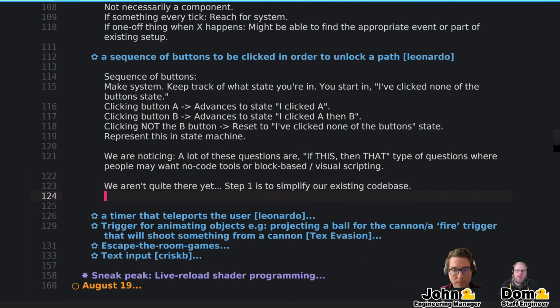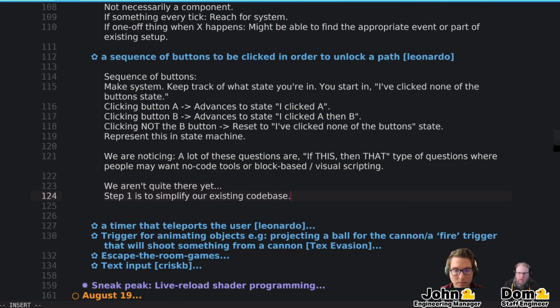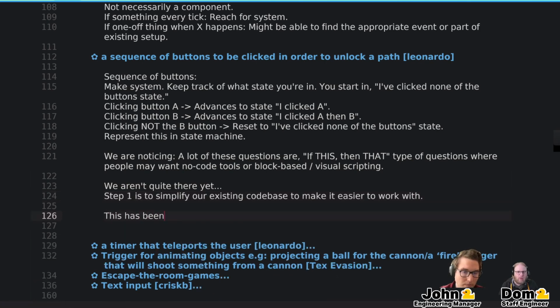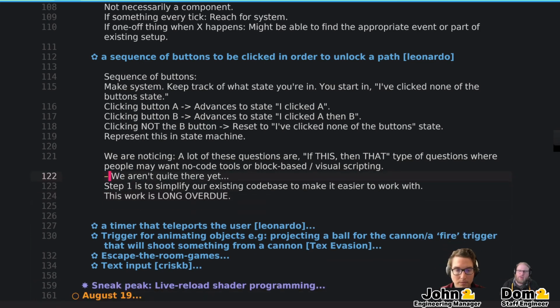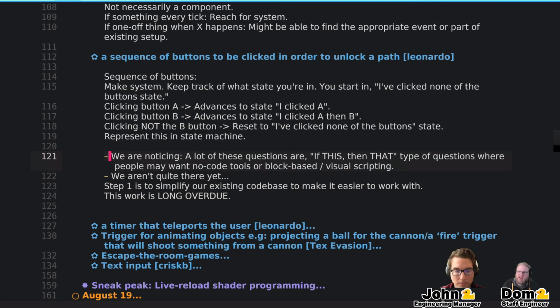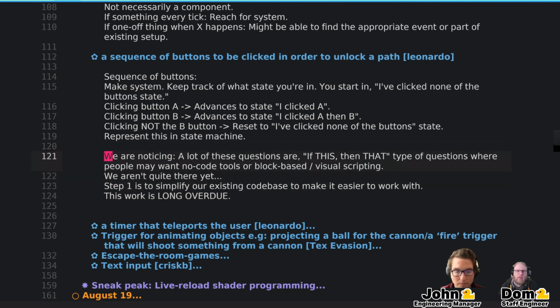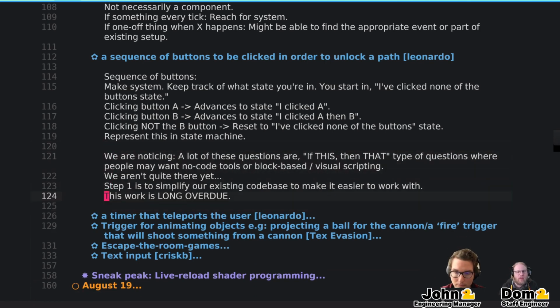And yeah, one of the reasons we haven't implemented this stuff yet is because we've known for a very long time that we want to do this work we're doing now to simplify things. So we didn't want to build on top of foundations that we knew we were going to change. And we also didn't really want other people doing it, unless they were really dedicated to it, right? We definitely want people to build on top of Hubs, and we wanted people to do it, but we haven't